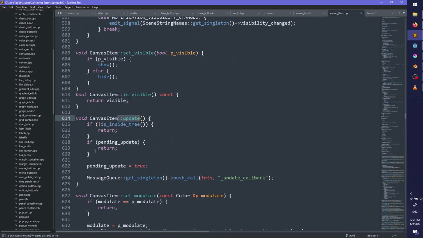If pending update return, pending update equals true. Message queue, get singleton, push call, update callback.